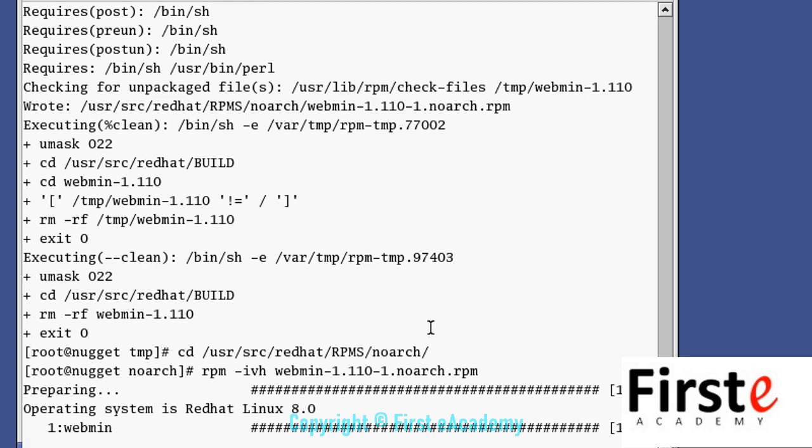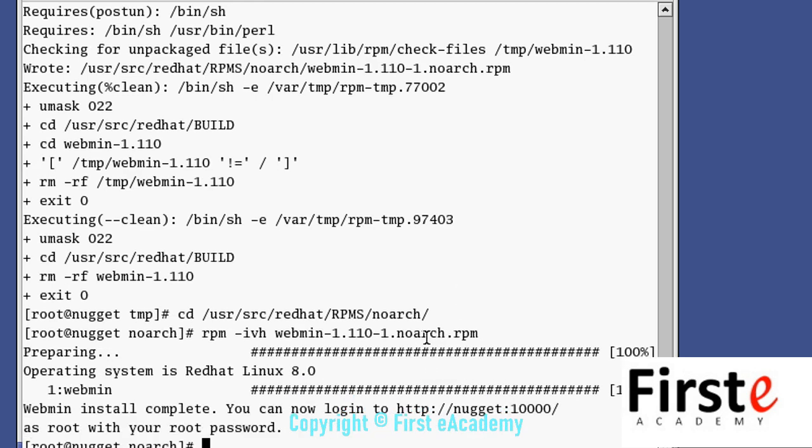But probably the more common reason for people is that their architecture is not listed here, and so they would just grab the source code so that they could actually get this running on their computer because there wasn't a binary out there for it. So you can see here now we've done the same command that we did last time, and now we can log into this using